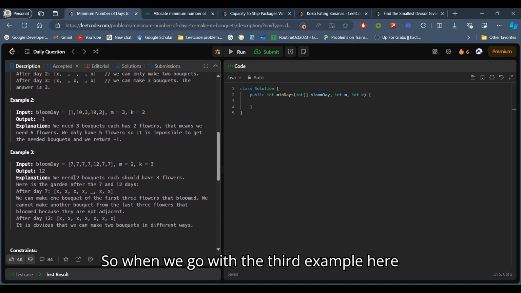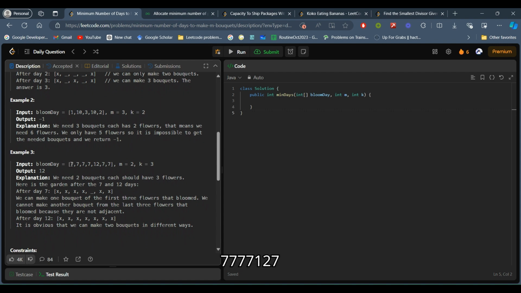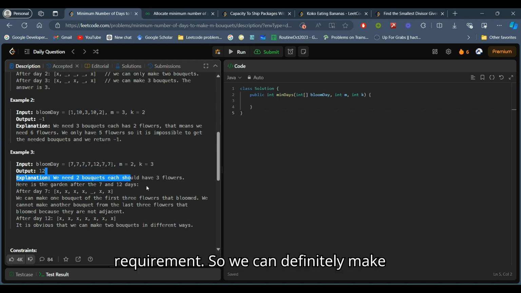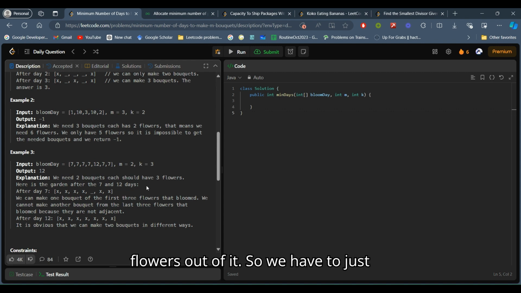When we go with the third example, we are given the bloom days 7, 7, 7, 7, 12, 7, and 7, and m is equal to 2 and k is equal to 3. So the number of flowers here is more than m times k, meaning the number of bouquets times the flowers in each bouquet, which is 3. Since the number of flowers is greater than the requirement, we can definitely make bouquets out of it.